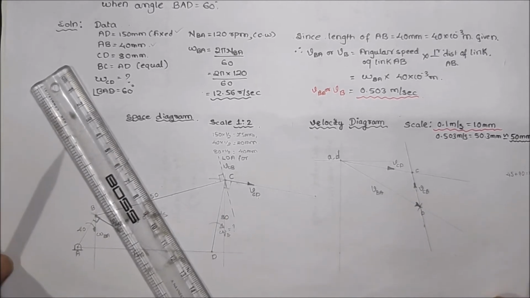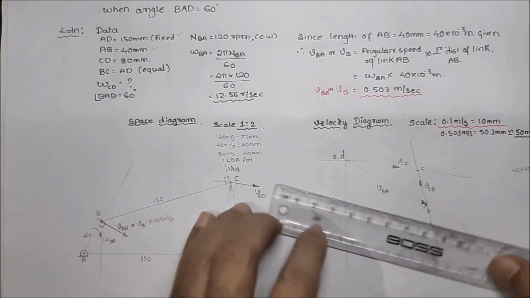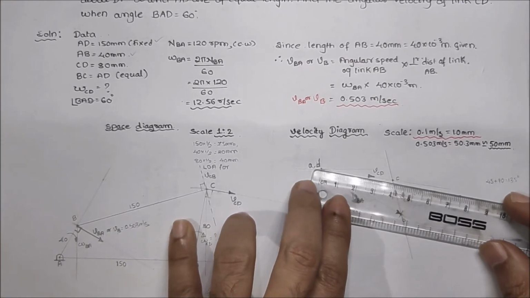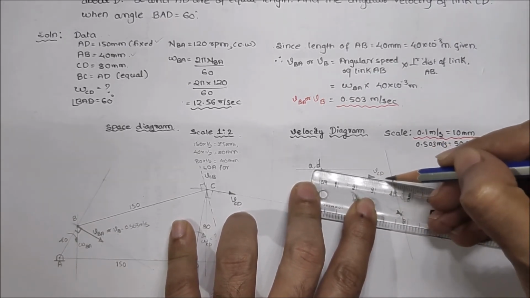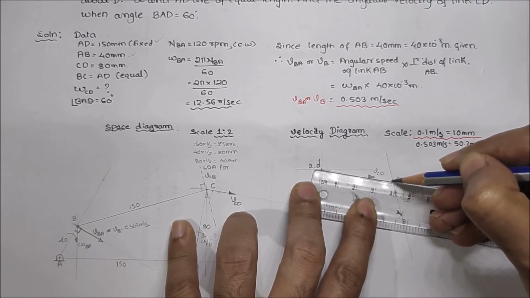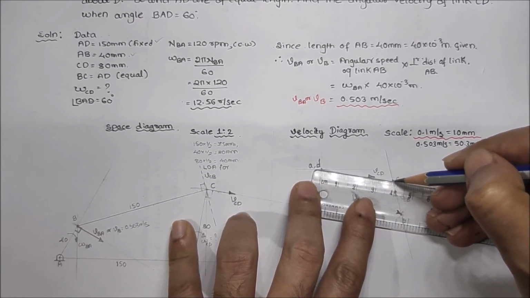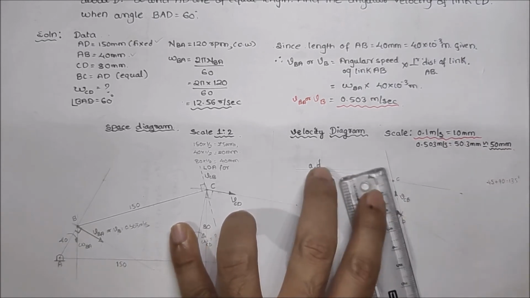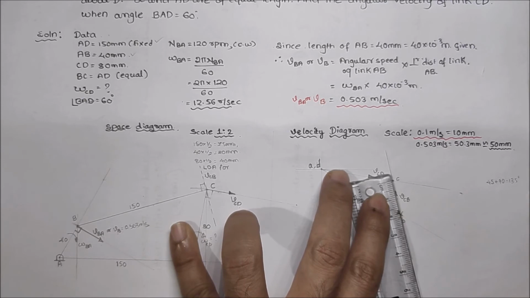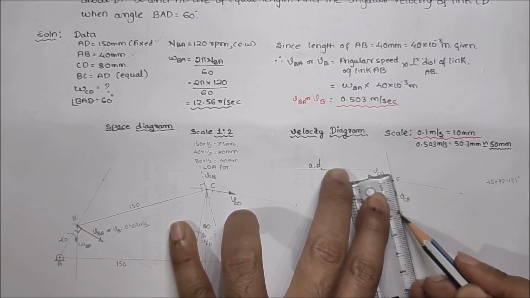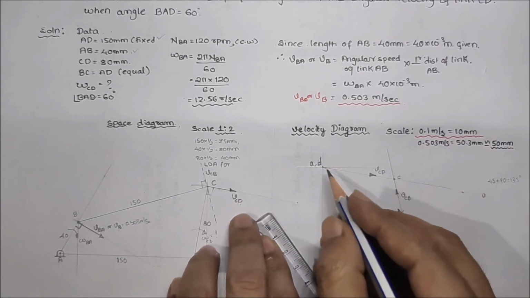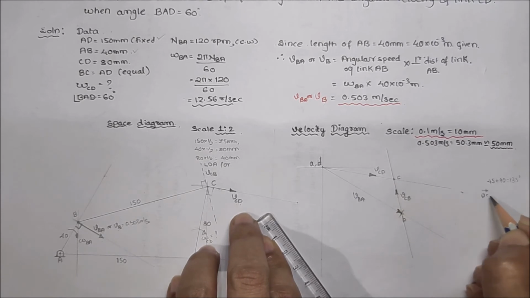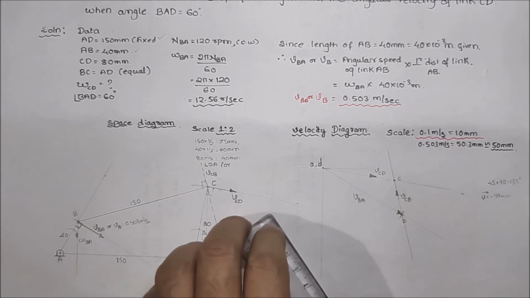Now we should measure these lines. So when we measure this one, from here till here, you can see here it is almost 35, 36, 37, 37.5 somewhere. So 37 is also okay. And when we measure this one, this is almost equal to 15, 16, 17, 18. So 18 mm. So here we can write it as vector AC equal to 37 mm. Just to our note. See whether it will help us or no.